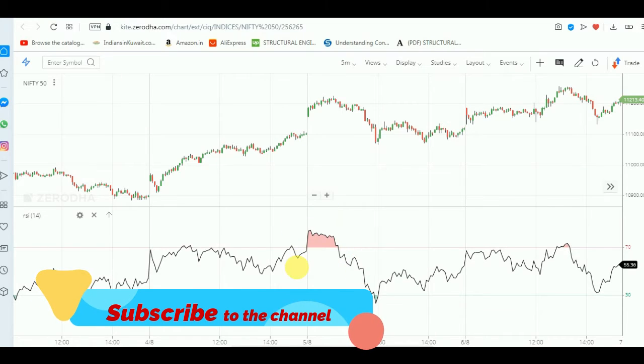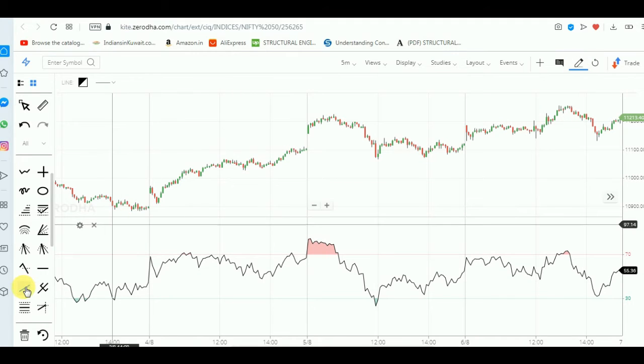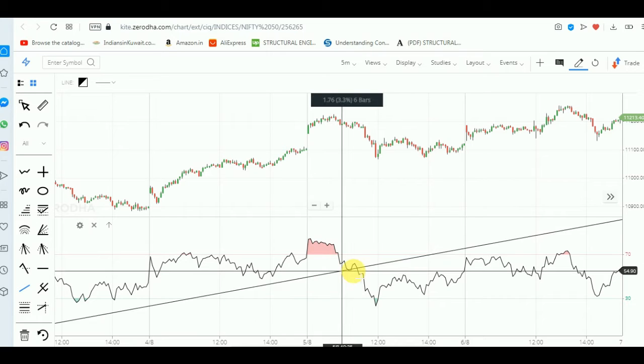So usually we traders see the breakout or capture the breakout only in the price action, but in RSI also we can follow the same thing. For example, if we need to see in this level,